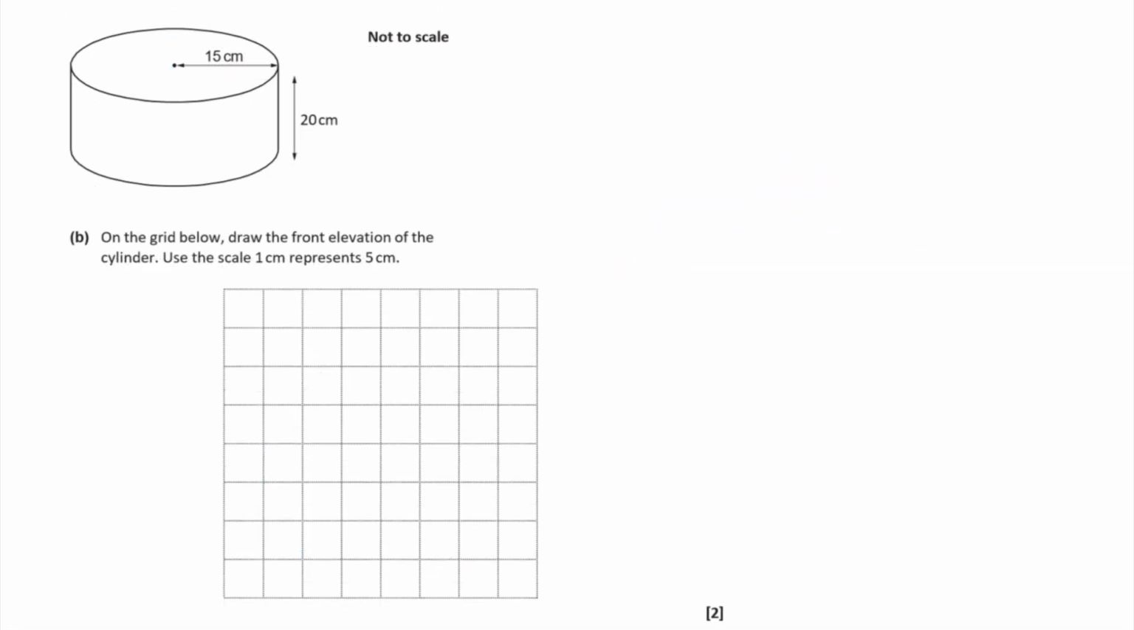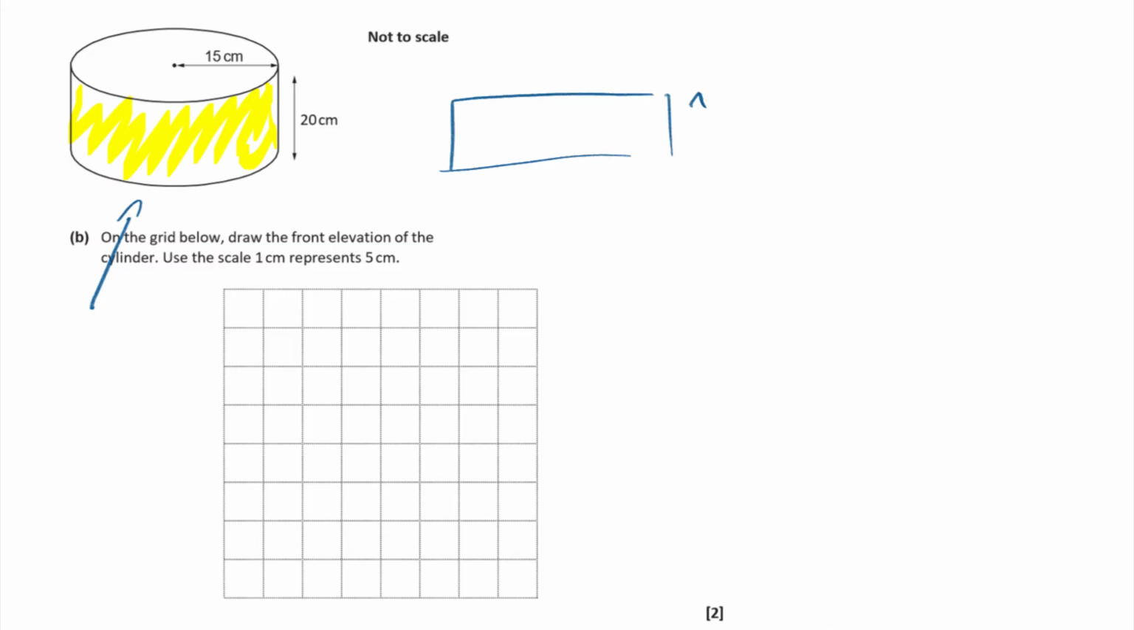Okay. Now part B says, on the grid below, draw the front elevation of your cylinder using the same scale. So the front elevation would be kind of looking at it from this angle. So if you were like walking past it and looked up at the building, what would you see? Now I think what you would see is you'd see this section, wouldn't you, and it wouldn't look round though, it looks kind of straight like a rectangle. So it's going to look like a rectangle